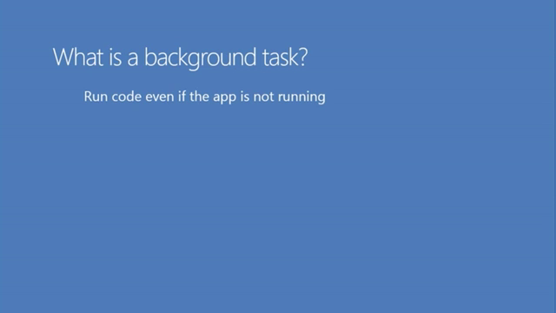Now, I look at this in a kind of a special way. When we think of an app, we think of it as a foreground app. The app is the main, it's the rock star. It's what you're doing with the app. But a background task, it's not like that. In fact, when you create an app with a background task, in a sense what you've just done is you've created two apps. You created the foreground app, that's what's going to be interacting with the user. But then this background task is the one that's doing all the dirty work behind the scenes,